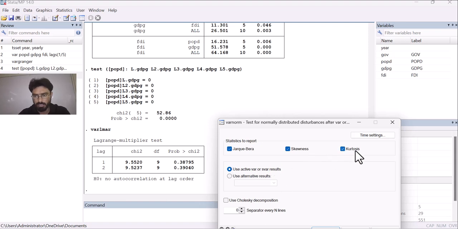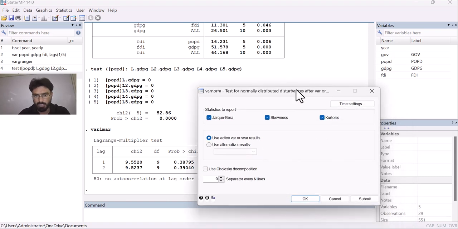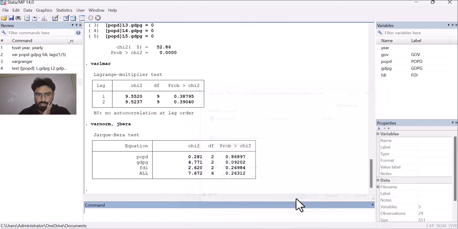Here you can check all of these or any one of these depending on the requirement for your analysis. For the time being, I am going with only this option of the Jarque-Bera test. Then click on OK. So here it has given you the results for normal distribution.